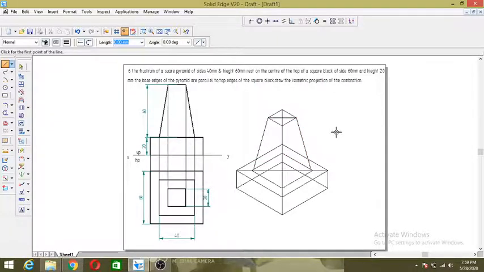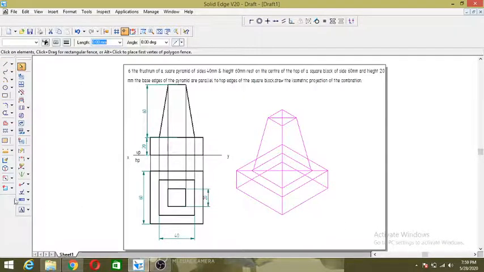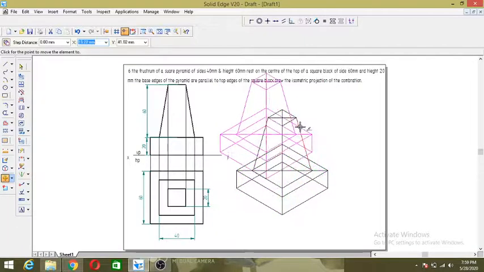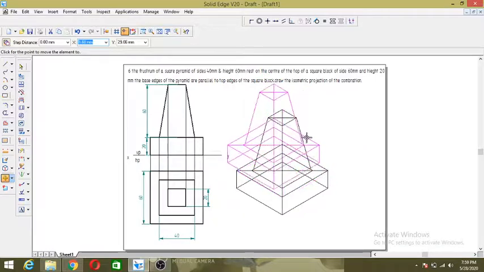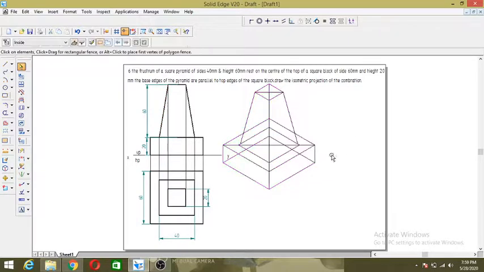Now whatever unwanted lines are there, just delete those lines. What I am going to do, we need the construction, so I am going to move this and keep the construction, don't forget. Somewhere here, wherever it is possible, turn off the copy command and place this one.